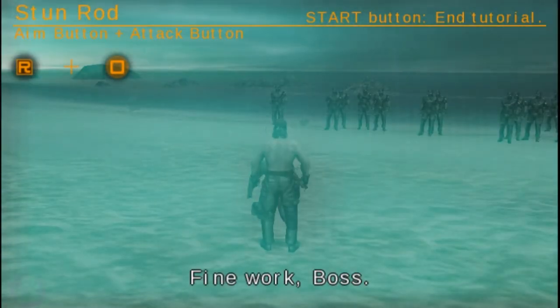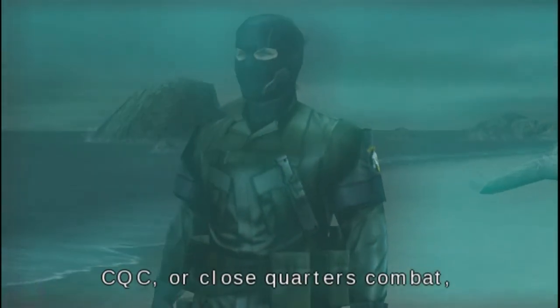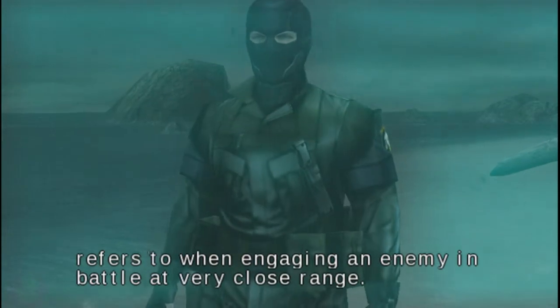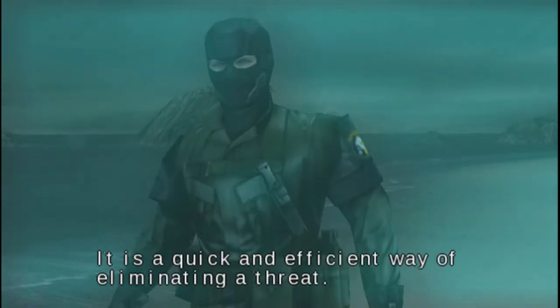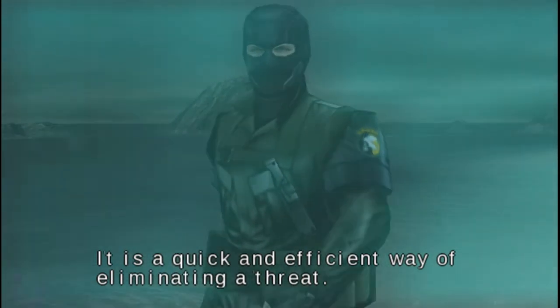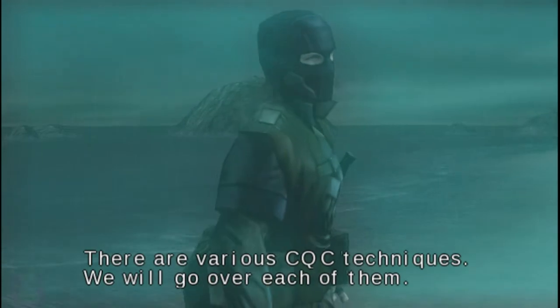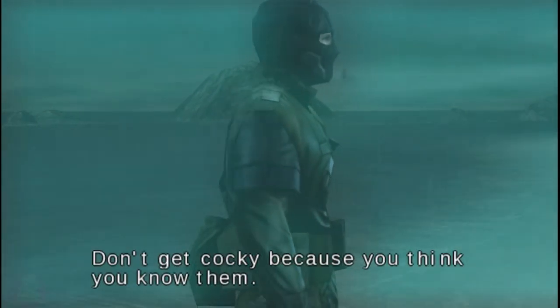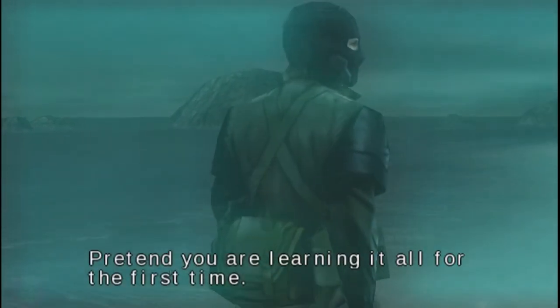Fine work, boss! Now, we'll move on to CQC. CQC, or Close Quarters Combat, refers to when engaging an enemy in battle at very close range. It is a quick and efficient way of eliminating a threat. There are various CQC techniques. We will go over each of them. Don't get cocky because you think you know them. This will be different from what you're used to. Pretend you are learning it for the first